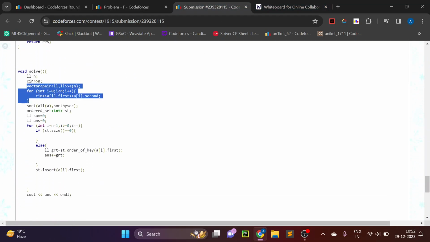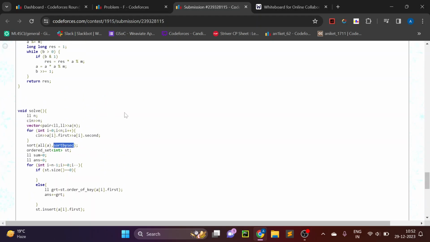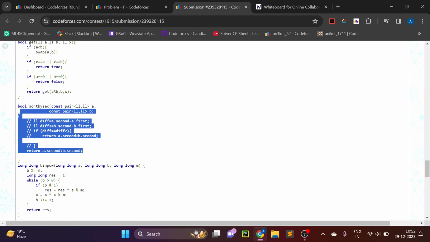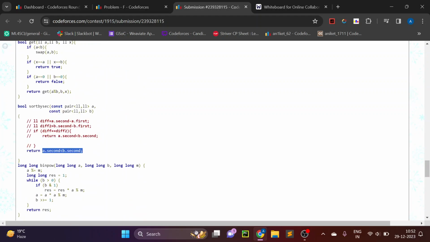So I just took n pairs input and I sorted all of them using a custom comparator where I just returned a dot second less than b dot second,